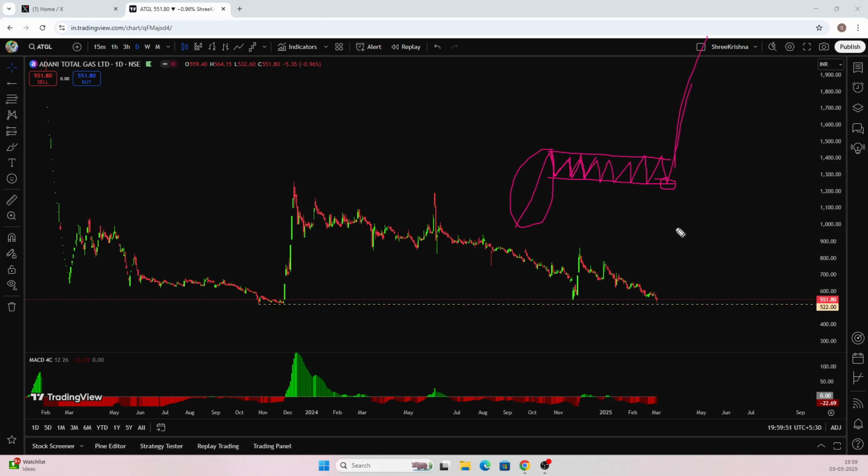It's a simple method, but when these corrections will get over, or when you will have a completion of correction, that is very important to understand. And to understand that, you must have some method, and that method is nothing but pattern identification. If you know patterns, say for example, I'm telling you today, let's say you know one pattern